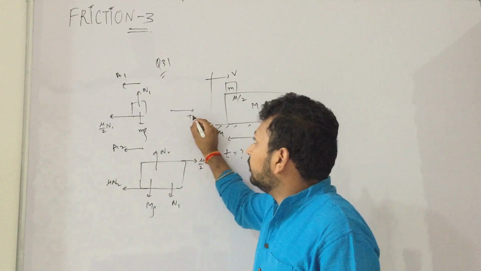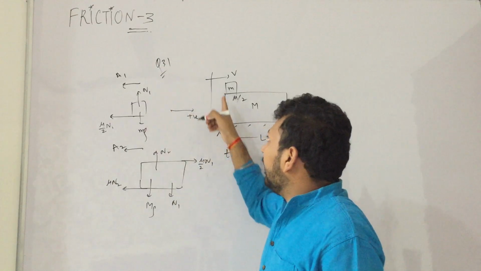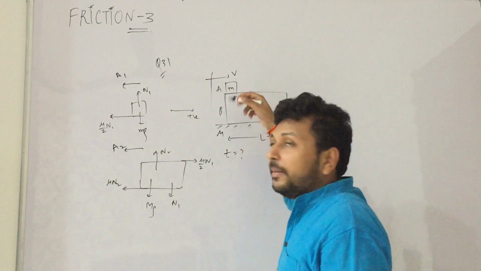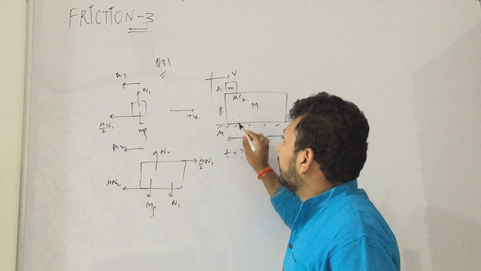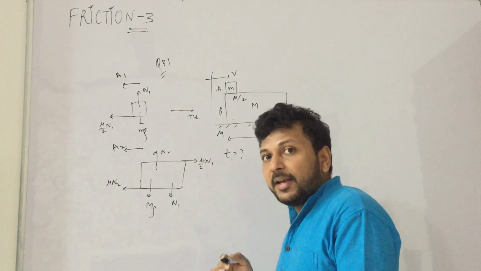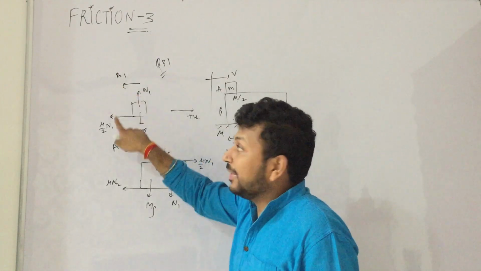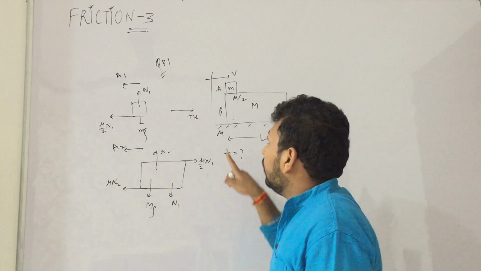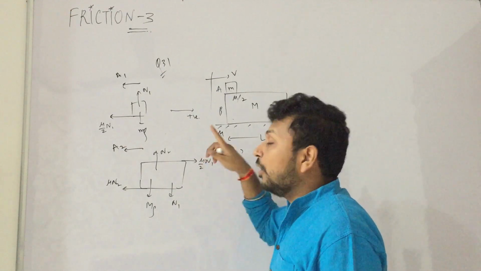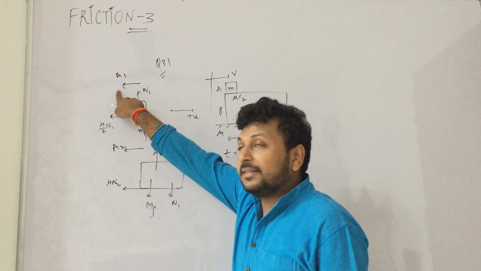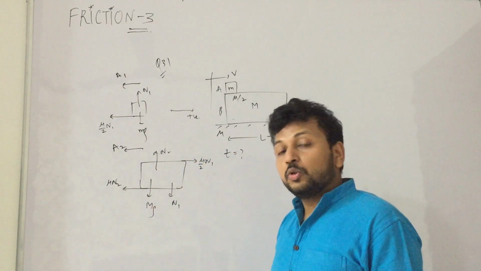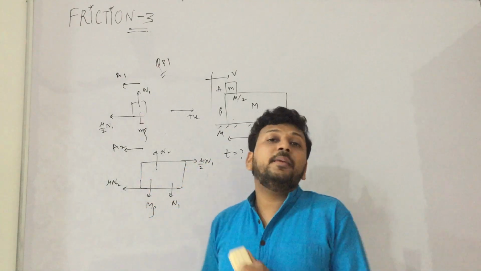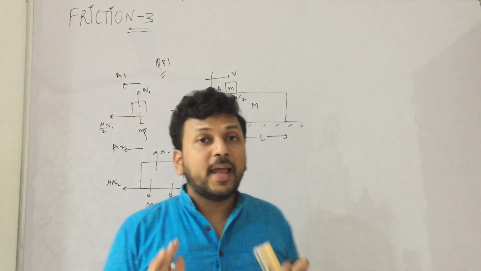We can consider this direction as positive. So if we write A and B, what is the relative initial velocity? It is 0, UAB is 0. What is the displacement of A with respect to B? L. And what is the acceleration? Acceleration of this is whatever comes, negative of that, because this direction is positive. Similarly, whatever comes, negative of that. So what is the relative acceleration? Acceleration of A minus acceleration of B, that is minus A1 minus A2. So you know three things, you can calculate the time. This is how the question has to be solved. Time means kinematics has to be solved.